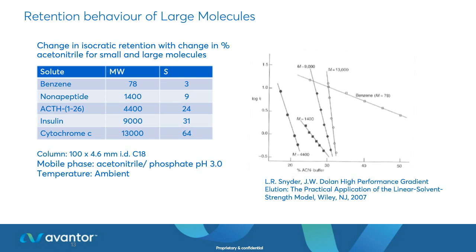So instead of running 5 to 95, you can run a much narrower range to actually get some time back, because otherwise you're going to be running your methods for a very long time at a very shallow gradient. So hopefully this gives you an understanding really of why we run at very small percentage increases of our acetonitrile when we're looking at large molecules. The main reason for this is that proteins are very slow at diffusing, and therefore,